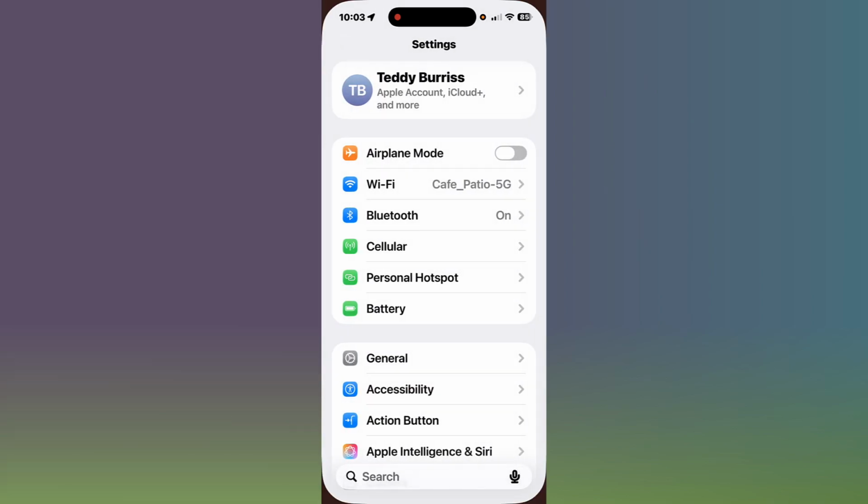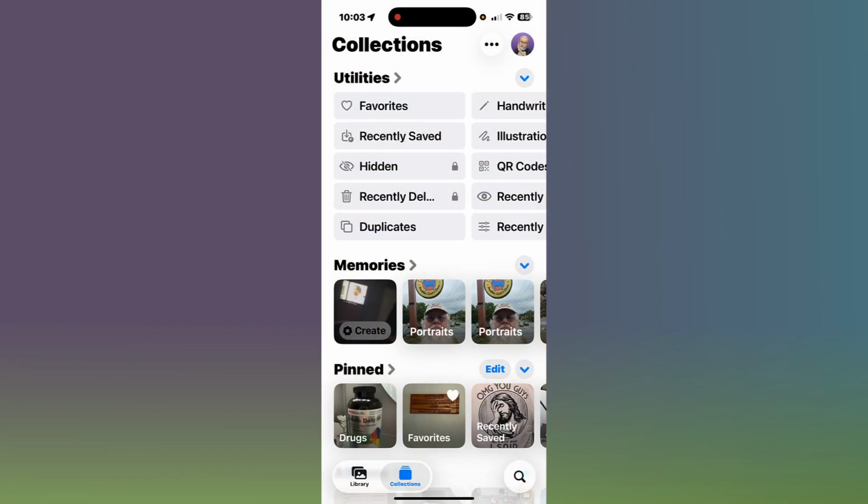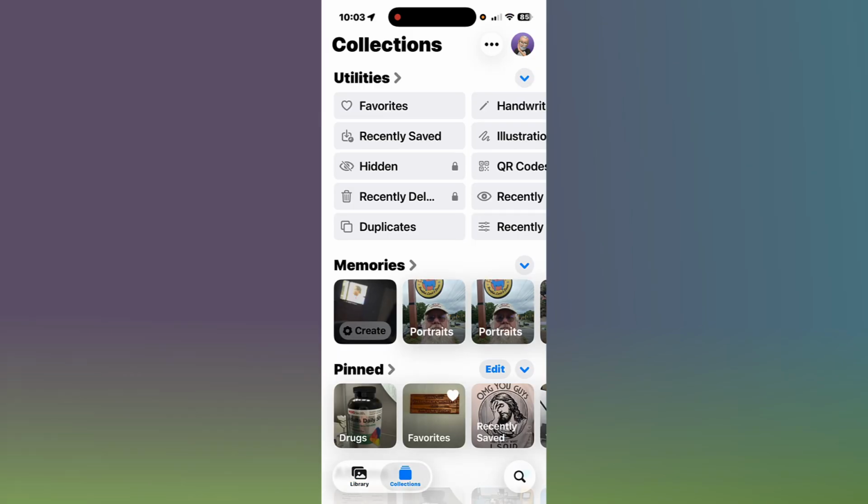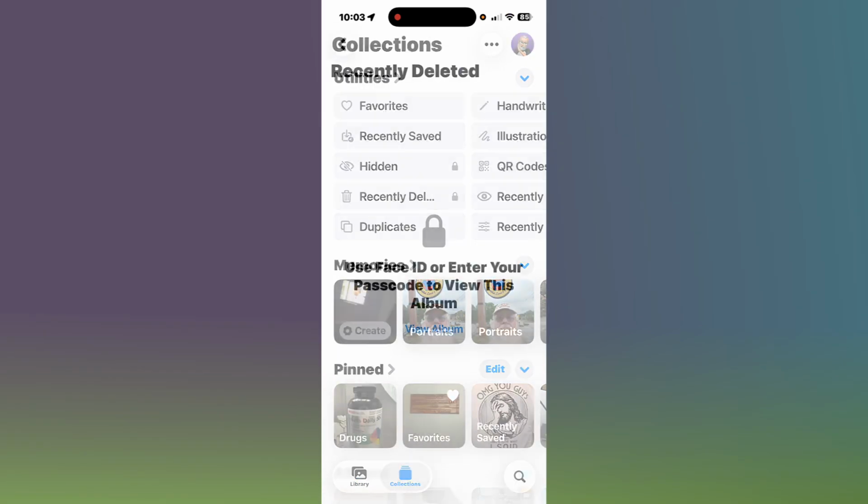Don't forget that step. Don't just delete your photos you want to delete, but find recently deleted and remove them